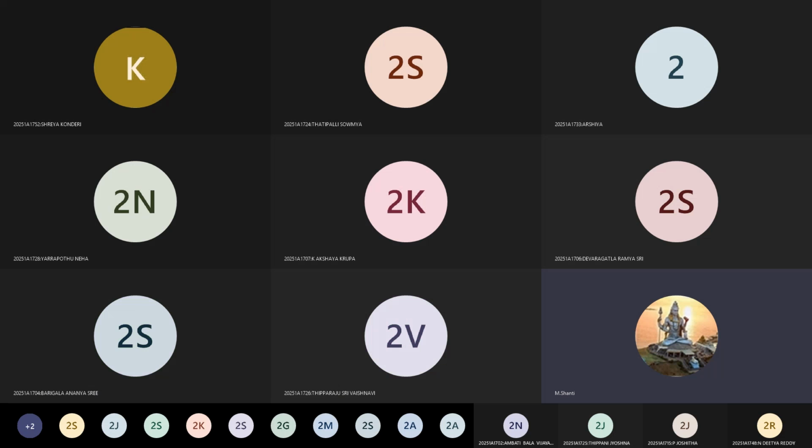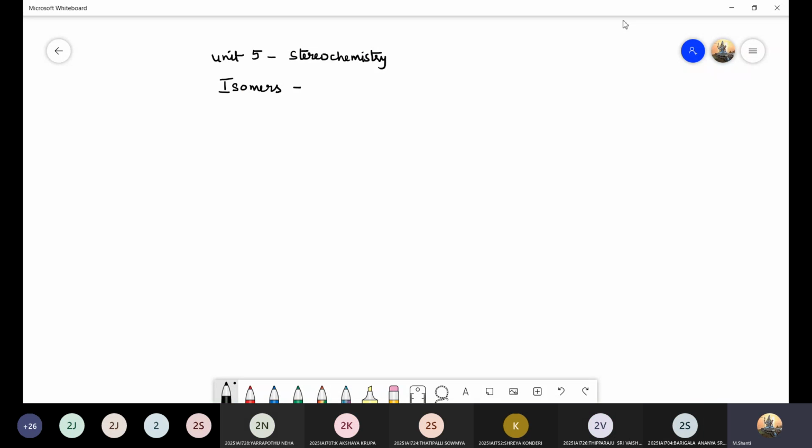Structural isomers, then further they are classified. So each and every type of isomerism we will study in detail because you have a question from this part. And then you have optical activity of a compound, like whether the compound is optically active or not. You have an experiment by which you can determine this for a compound. Then based on that, you have plane of symmetry, center of symmetry, and then followed by the molecular representations.